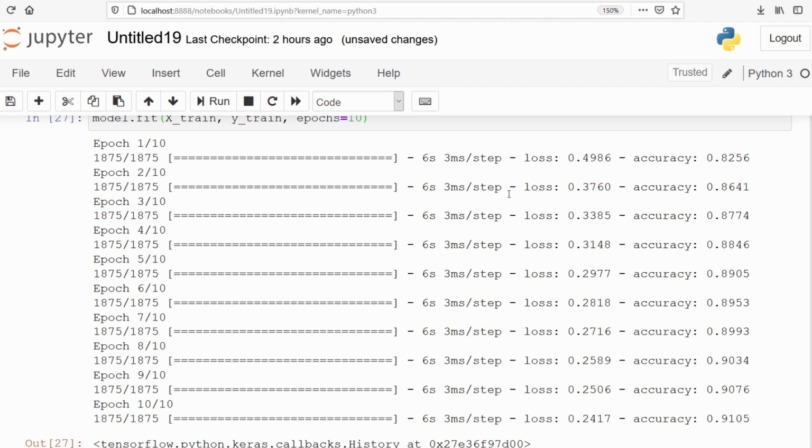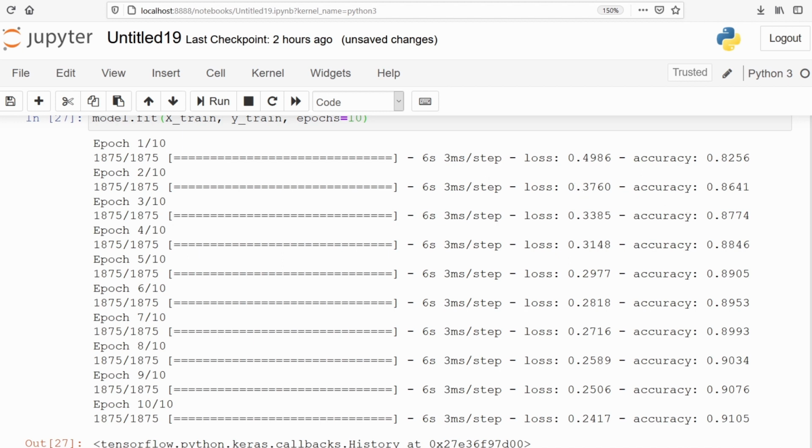As we can see in our first run, our loss was 0.49 and the accuracy was 0.82, because initially the weights were initialized randomly, and once they were updated using backpropagation, the accuracy increased from 82 to 86%, and the loss decreased from 49 to 37%.